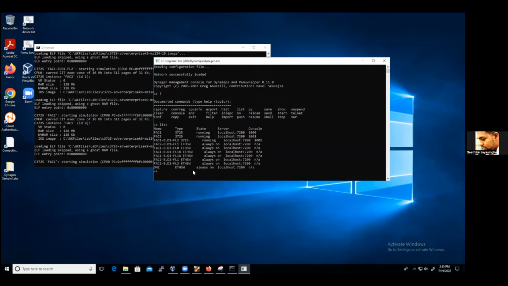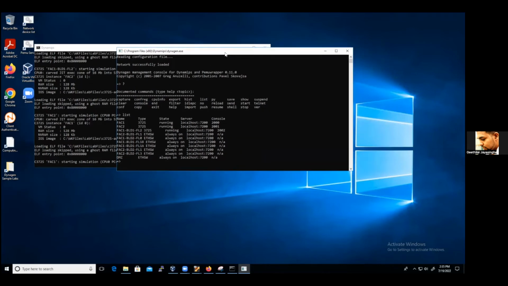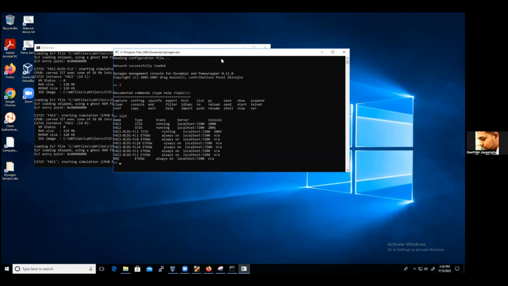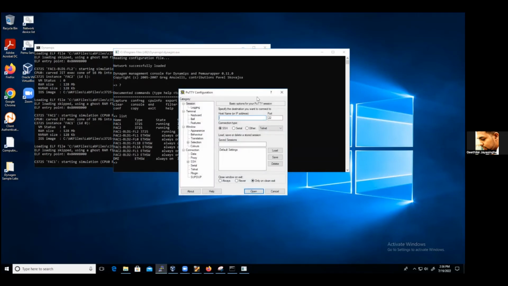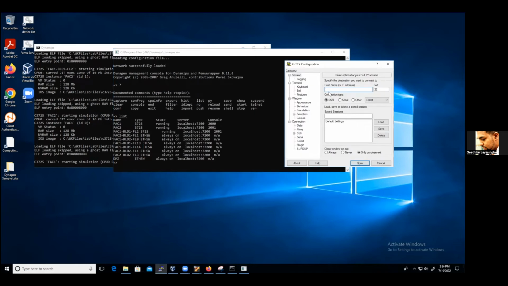So if you want to connect to a router CLI, for this workshop it is not mandatory. But in case you feel like, I want to connect to this FAC1 and view the configuration, that is why you need PuTTY. If your computer already has PuTTY installed, you can go to PuTTY and enter the IP address. Now all these routers are running on the host, the local host. So the IP address you have to use is